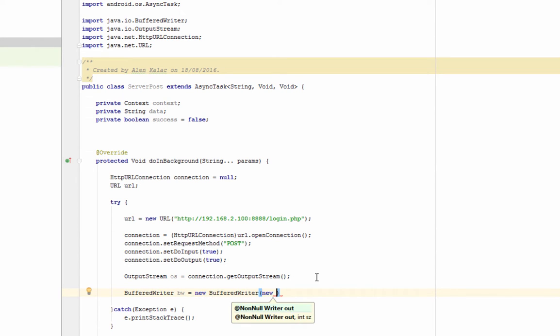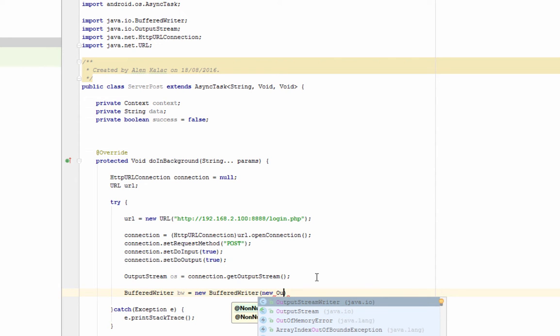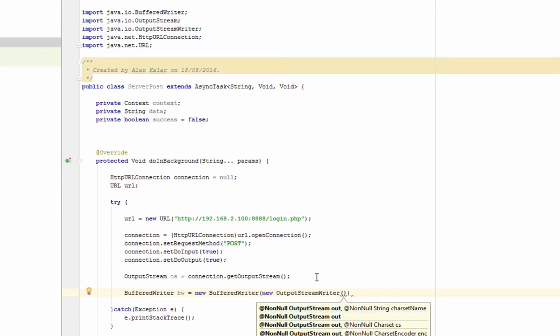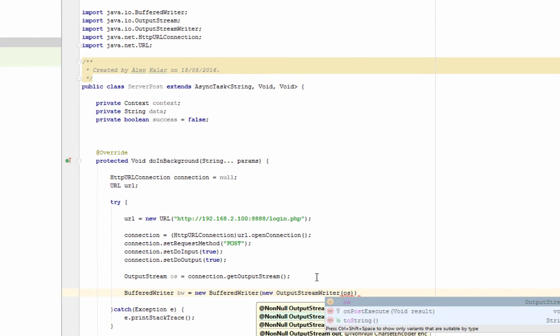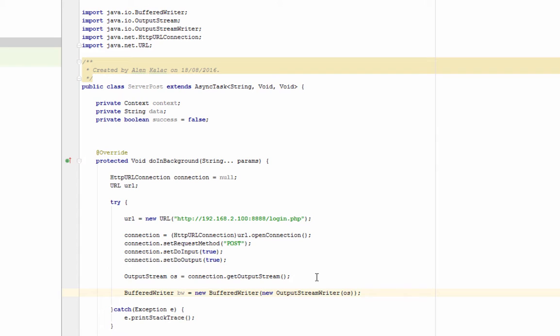Okay, so with the buffered writer, we're just going to call it BW, is equal to new BufferedWriter, and it takes in a new OutputStreamWriter, and that takes in the output stream, which is just OS. Okay, so that completes that. Now we need to push a couple of things into the